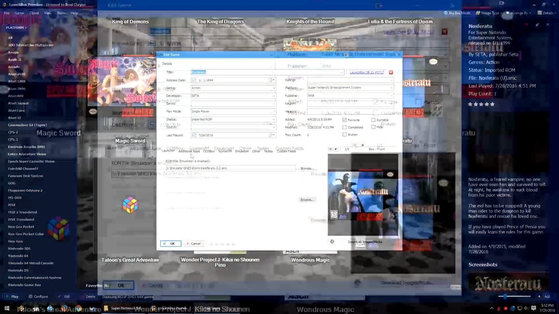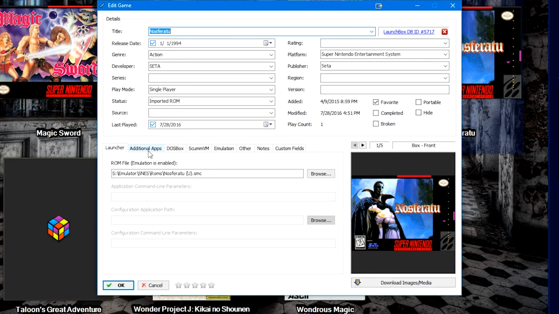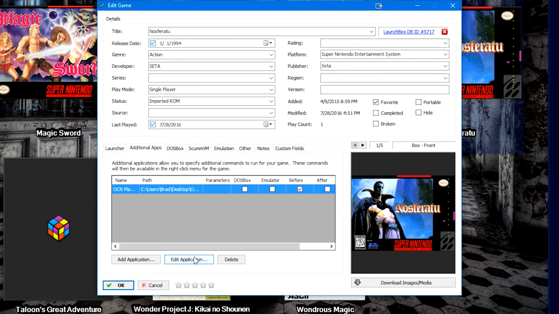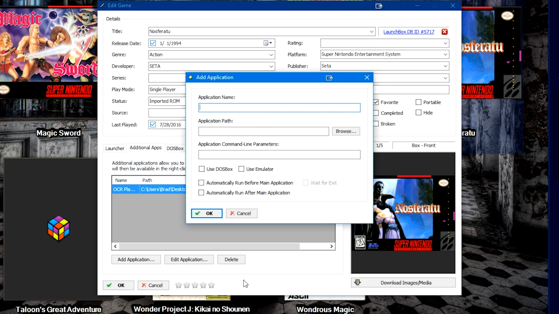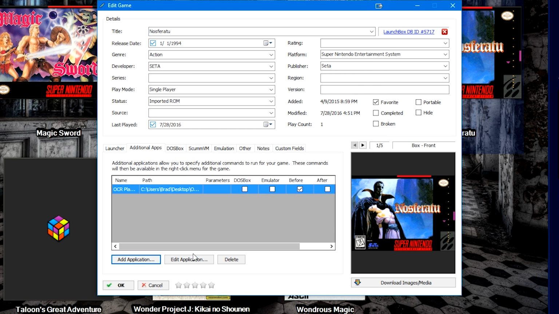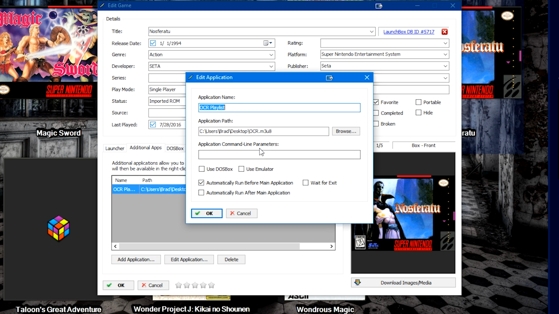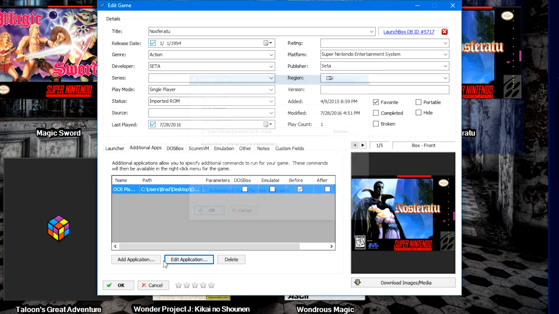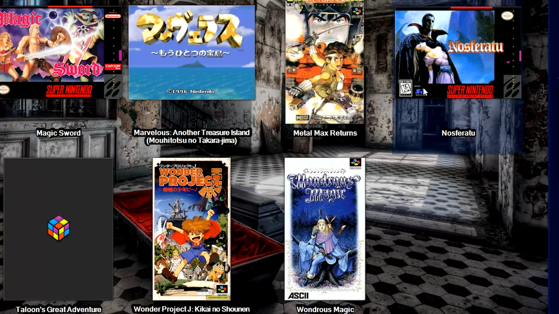So let's just go ahead and take Nosferatu here as an example. Go back to the additional apps screen. We're going to add application. So for me, I'm adding an OCR playlist. So we'll go ahead and type OCR playlist in. I have the OCR playlist saved to my desktop through Winamp. So I've automatically chosen the path, automatically run before main application. Okay. And then when I go ahead and double click the game,